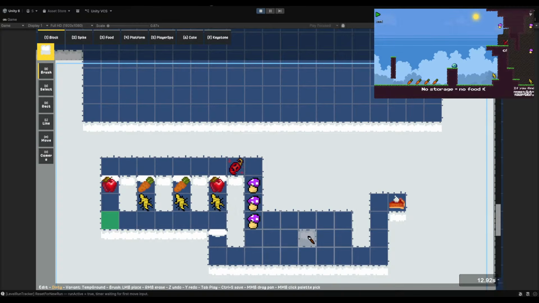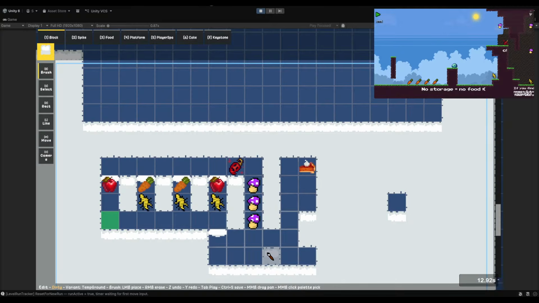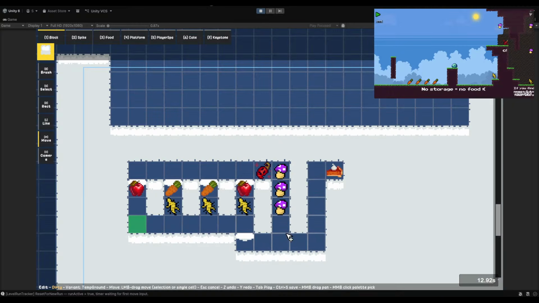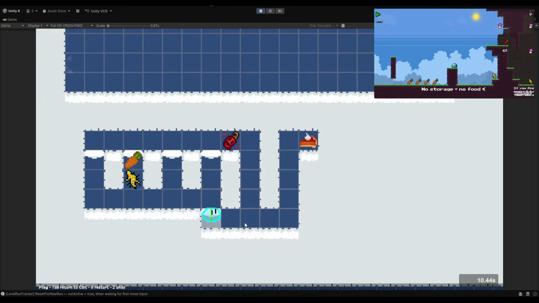We can make this look better. This could look different, but I'll try this for now. Yeah, this should work. So now it's quite obvious that they need to only come through one at a time. This is not complex.